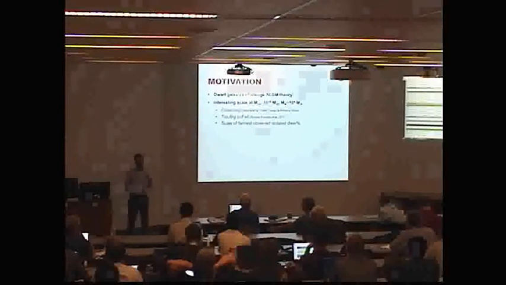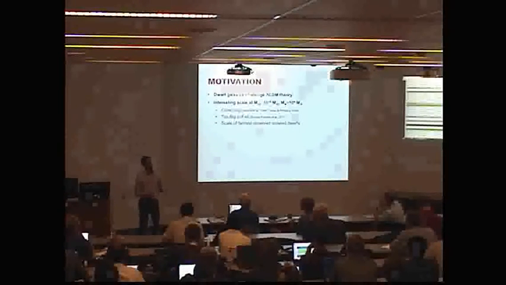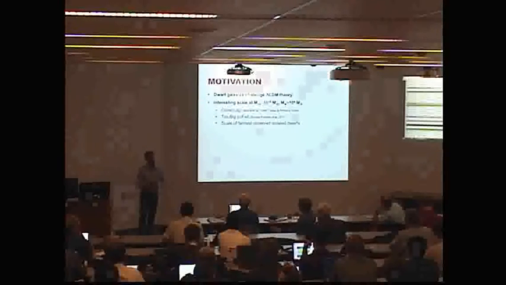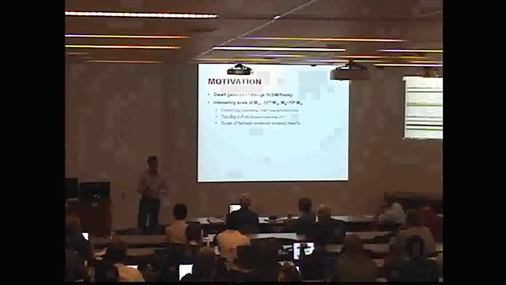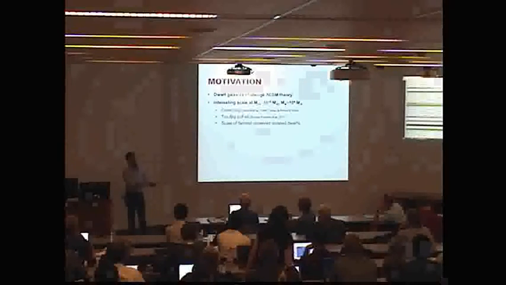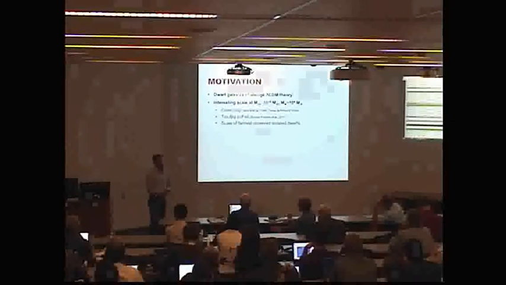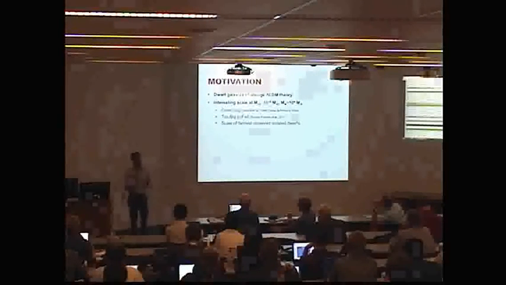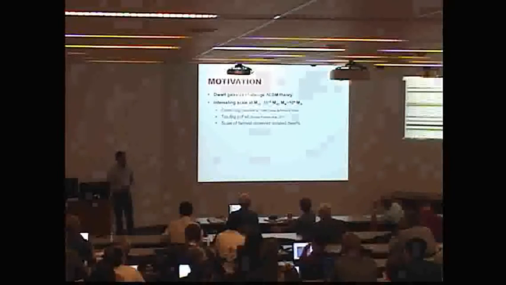So dwarf galaxies of this size are also incredibly interesting because these are around the range of the faintest observed isolated dwarf galaxies. So if you're looking for an isolated, dark matter dominated system to compare your simulations to observation, this is the scale you want to be simulating. This is the scale you want to be looking at because you'll have a good observational analog.